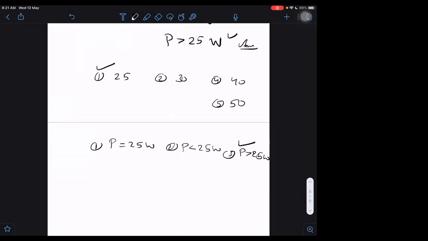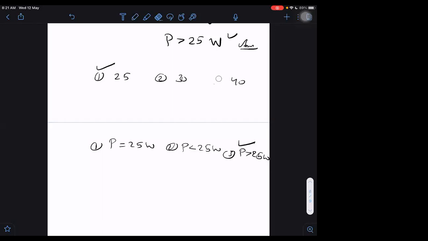Sir, if they give none of the above, first of all, the examiner probably should not ask this. That is the way to create ambiguity in the question. Examiner should not ask it. If the examiner is smart enough, he should not ask. If he is dumb enough, he will ask those questions also. And in that case we can't really answer it properly.